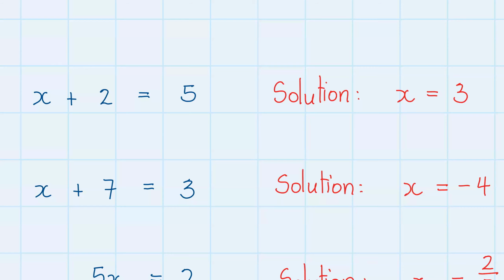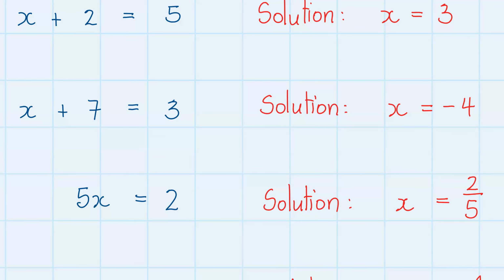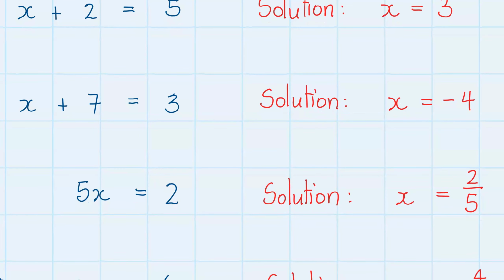Then we've got ones that involve fractions. 5x is equal to 2. The solution is x equals 2/5, not a whole number. So we're starting to fill in the gaps between the whole numbers. And then instead of